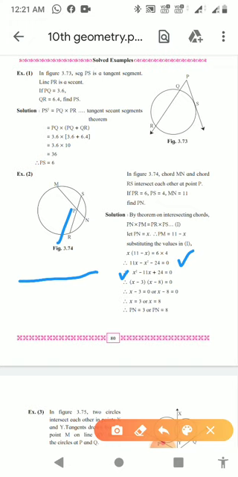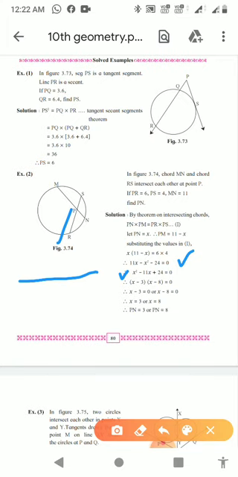Now see, if PN is 3, what is the value of PM? If total MN is 11 and PN is 3, PM will be 8, isn't it? And if PN is 8, PM will be 3, because MN is total 11. So in this way you can cross verify your answer also, no problem. So you have to use here the theorem of chords which are intersecting inside the circle.